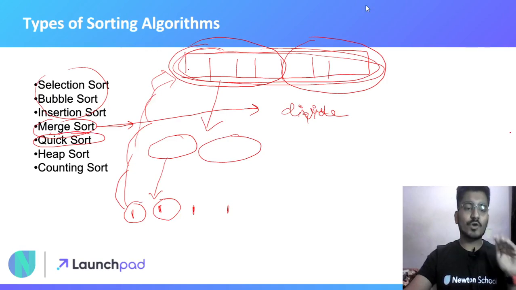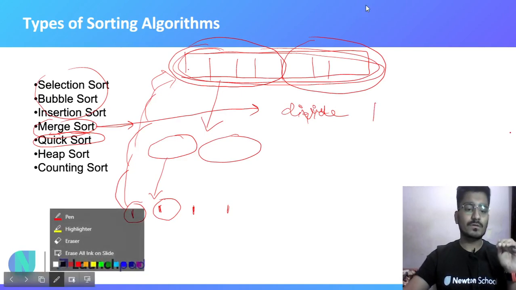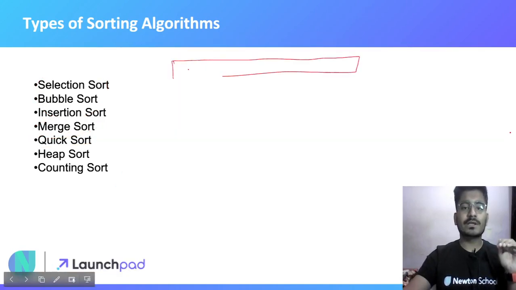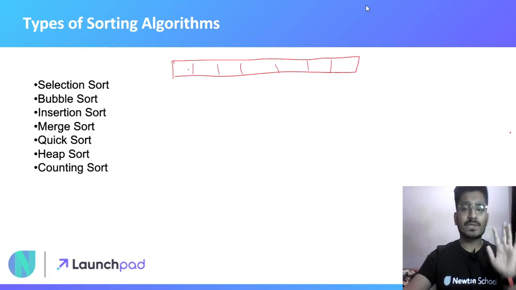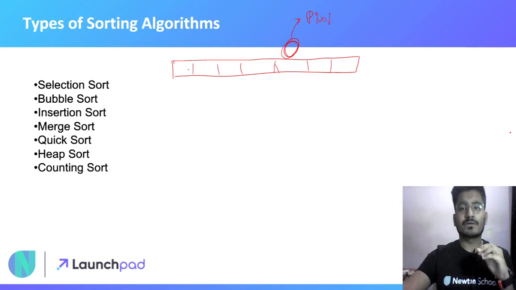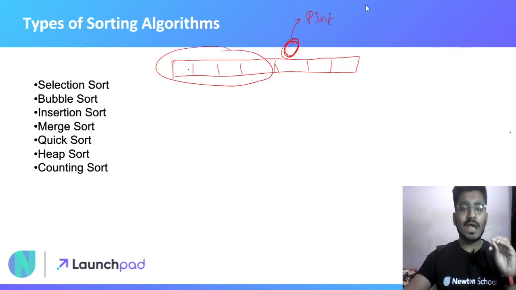So in quick sort, suppose we have a container in which elements are already placed in random order. What we do is take a random pivot element and mark it as the pivot. Now you place all the elements smaller than this pivot on the left side of the array and all the larger elements on the right side of the array.